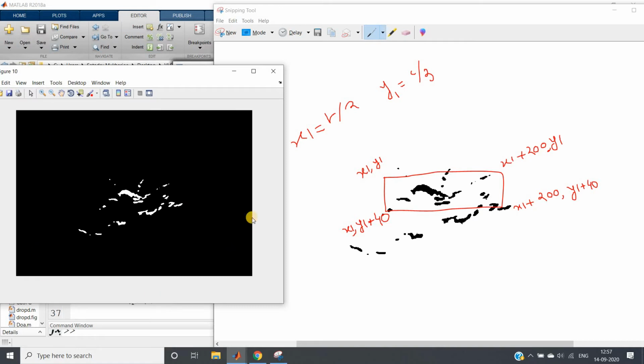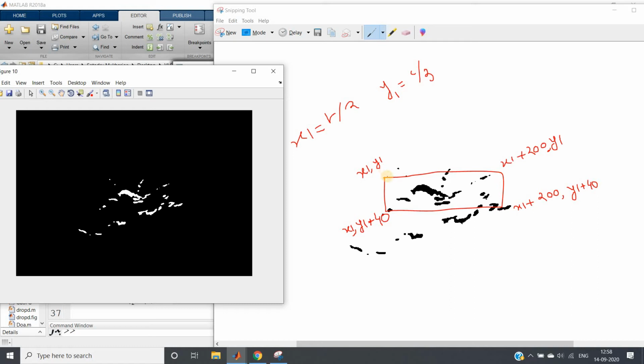Now if you calculate the size of the image using the size command, you will get the number of rows and the number of columns. The number of rows in the image is nothing but the height of the image, and the number of columns present in the image is nothing but the width of the image. I hope you can easily understand. Columns are in the horizontal direction, indicating width, and rows are in the vertical direction, indicating height. Now I have taken just the complement of this image here and I have created one rectangular box here.